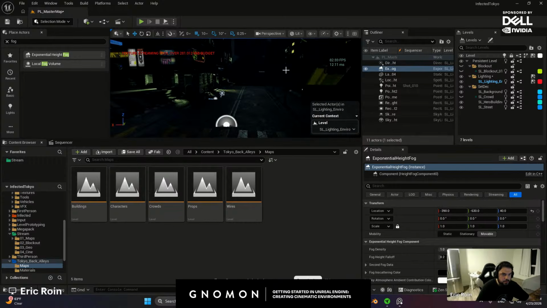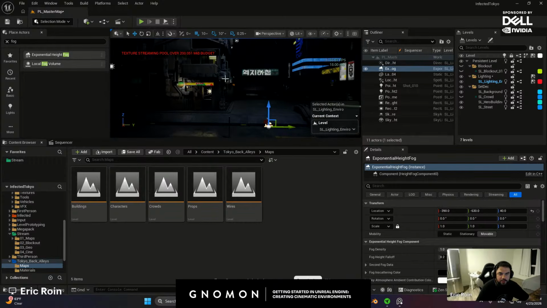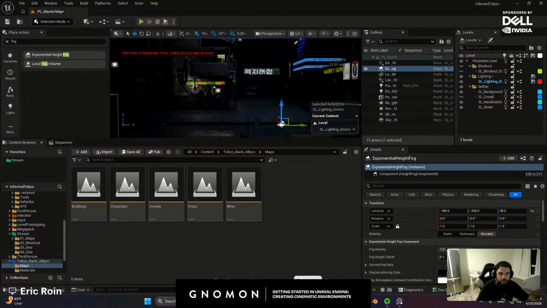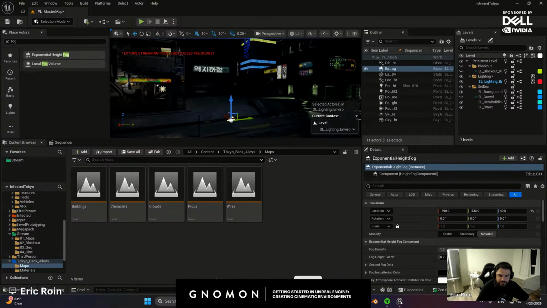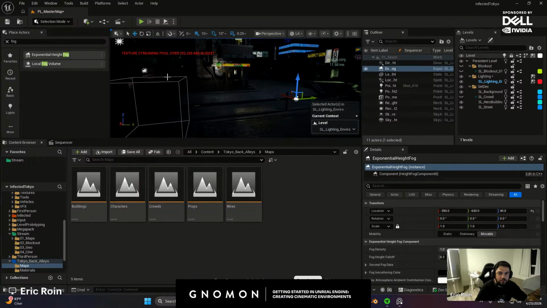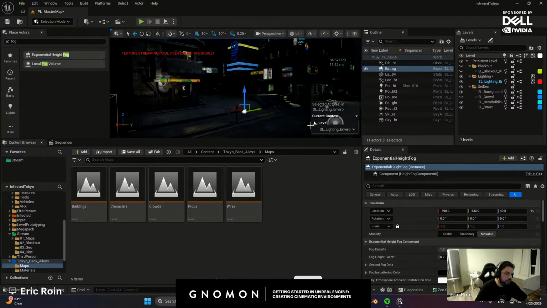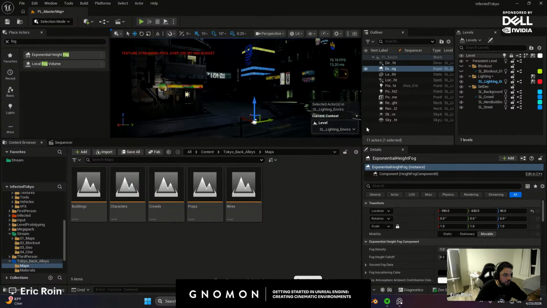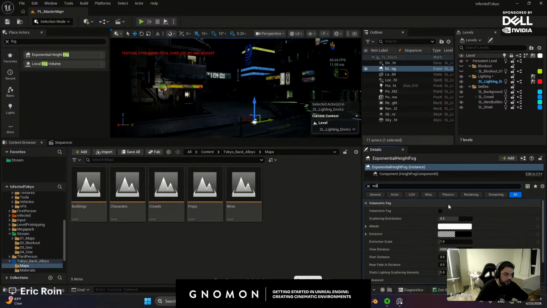Some of the earliest examples of fog in video games was actually in Silent Hill, and it was interesting because they used it for the sake of optimization. They made the fog so dense that they only had to render so many objects at the same time, and that was essentially both a technical limitation and an art direction choice, and that carried over to even modern games.